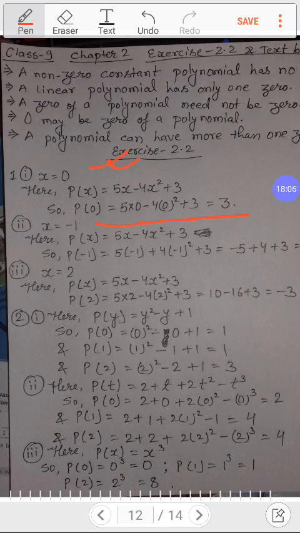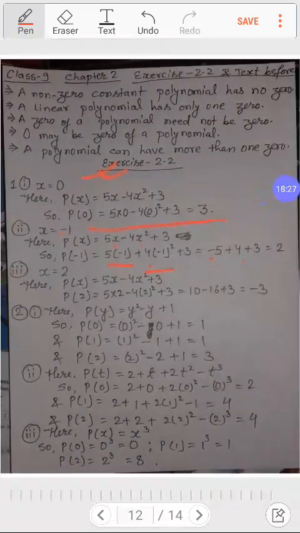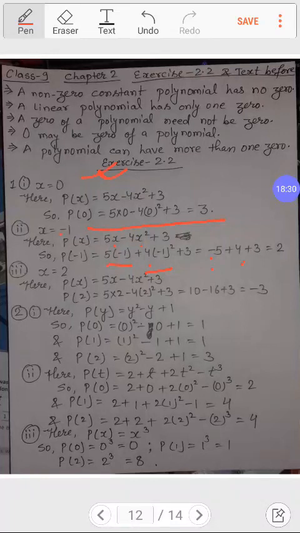In same way, when we keep x as minus 1, that means in place of x everywhere we are keeping minus 1. Okay, so 5 into minus 1, 4 into minus 1 square. Minus 1 square means what? Minus 1 into minus 1, that becomes plus 1. So plus 1 into 4, it will be 4 only. And 5 into minus 1, it becomes minus 5. So now if you will see, it is minus 5 plus 4 plus 3 becomes what? 4 plus 3 it is 7, and minus 5 plus 7 it becomes plus 2, because 7 is greater and 7 sign is plus.